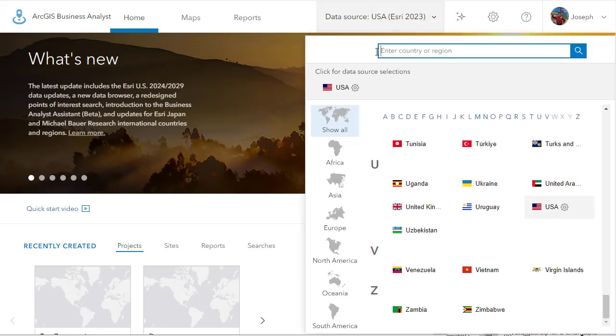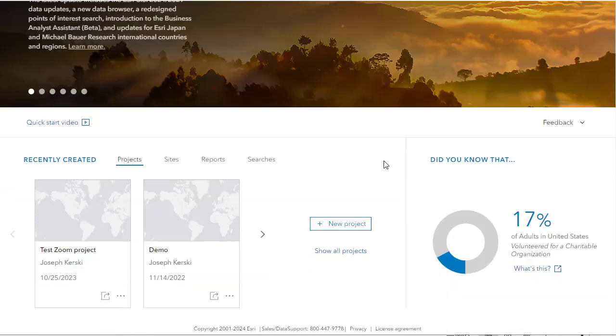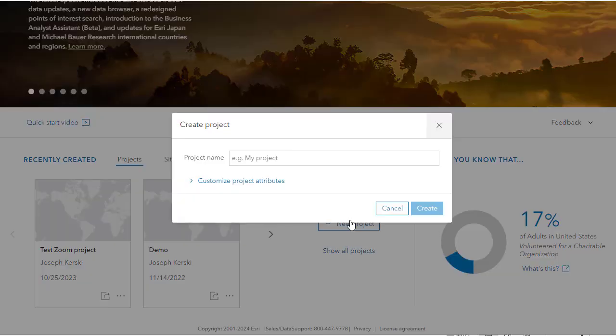Let's dig into Business Analyst Web. I go to bao.arcgis.com. I'm verifying that I've got USA data located in here. I can use this same tool for other countries, depending on the country and the open data attitudes and policies in place in that country. Your mileage may vary. You're going to get more or less data depending on where you are located and what you want to do. But I'm going to create a project now that I've got the USA data set selected,